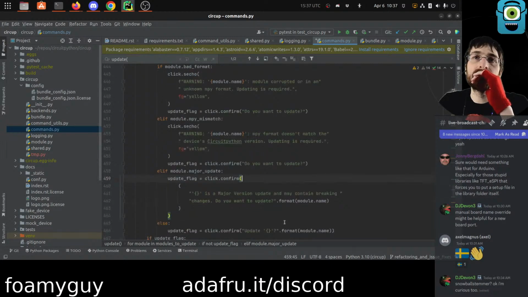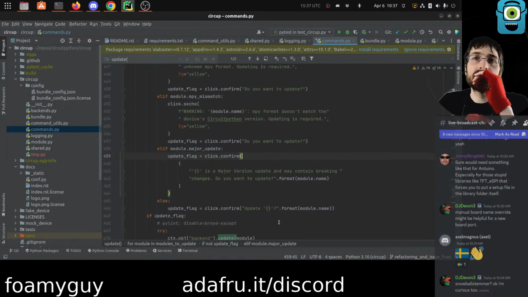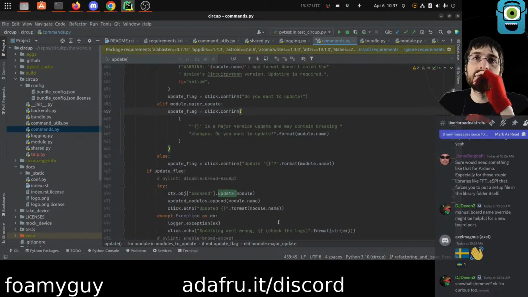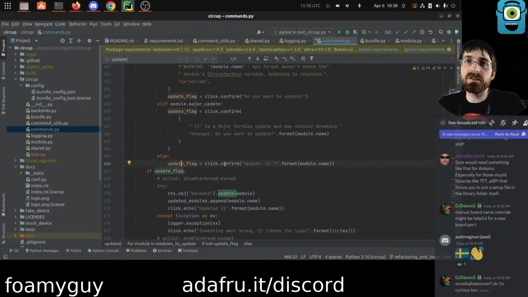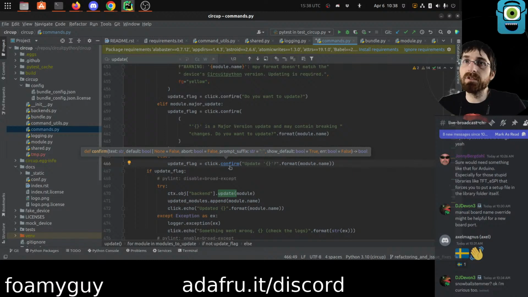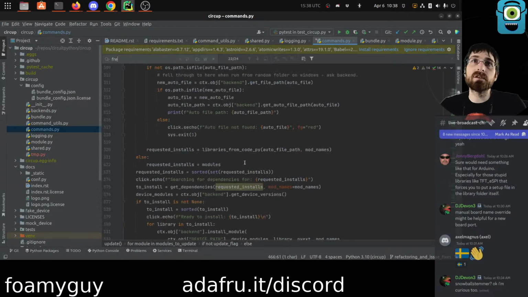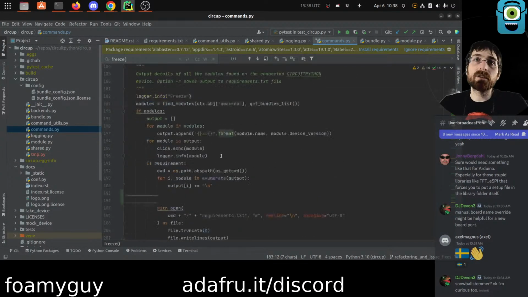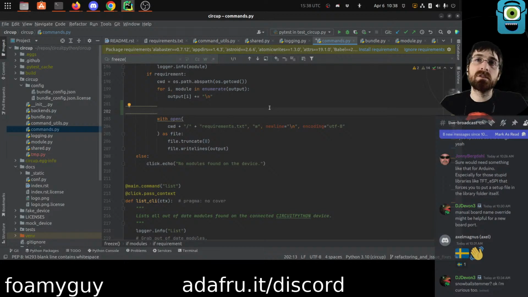click.confirm. And I guess that's going to translate the y or the n into a Boolean, I presume. Yeah, returns Boolean. There is a default as well, so let's default that to false when we use it for not clobbering requirements. Okay, so we want to say if this file exists,